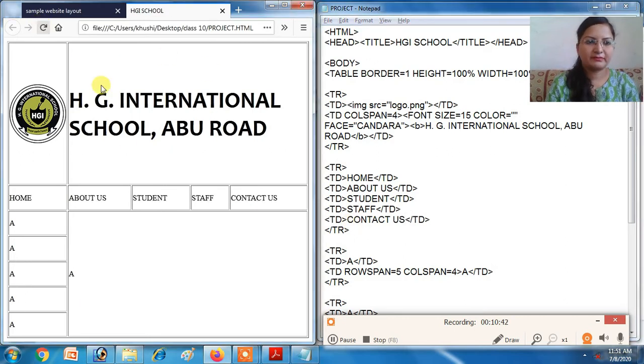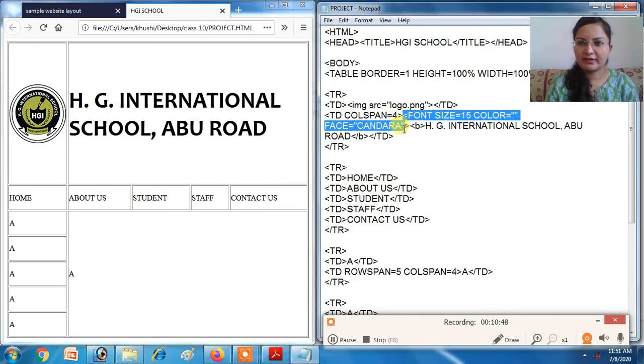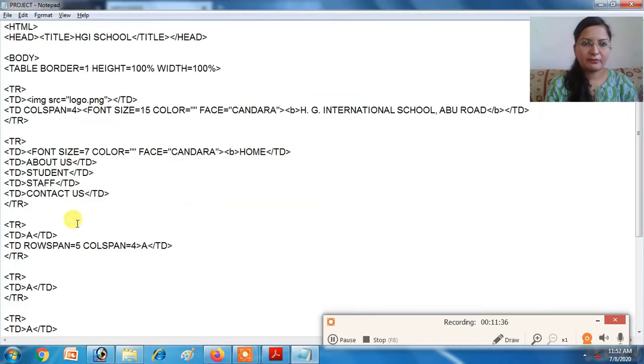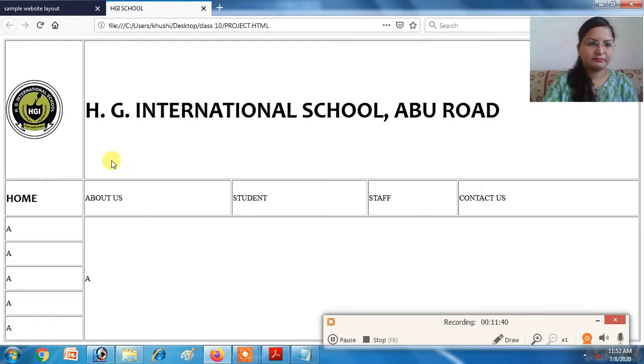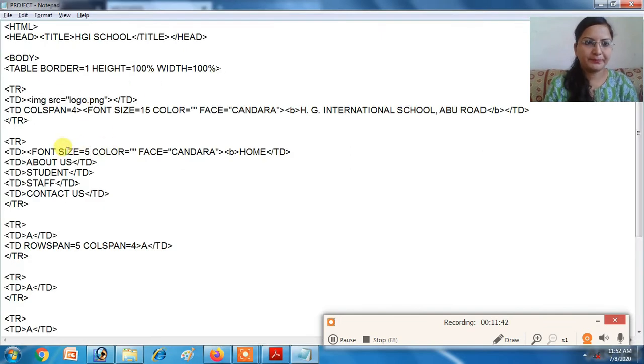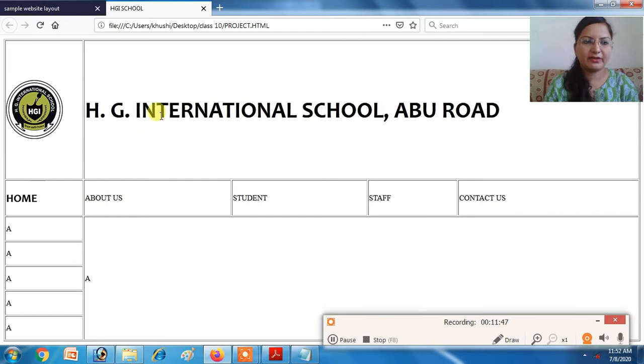Refresh. Okay, data is filled. Data we want it the same. Okay, so use this one. This is looking nice. The same we can use here also, but you decrease the size. Make it more small. Make it 5. Yes, 5 is okay. The same way you can copy it, at least once you get ready with this content, and then you can copy it for all.